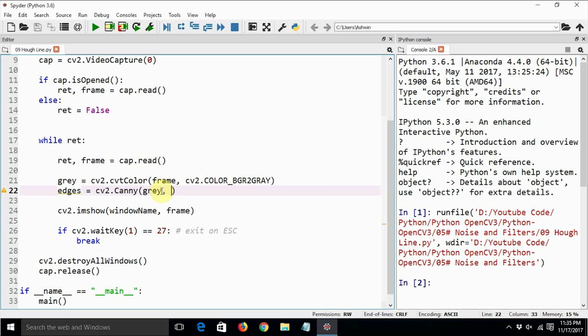Then we are going to feed this set of edges to the function which calculates all the lines in the image. So let's specify the lower threshold gradient. The upper threshold gradient should be around 250 for this. Aperture size equals 5, and finally L2 gradient, or L2 norm, should be true.